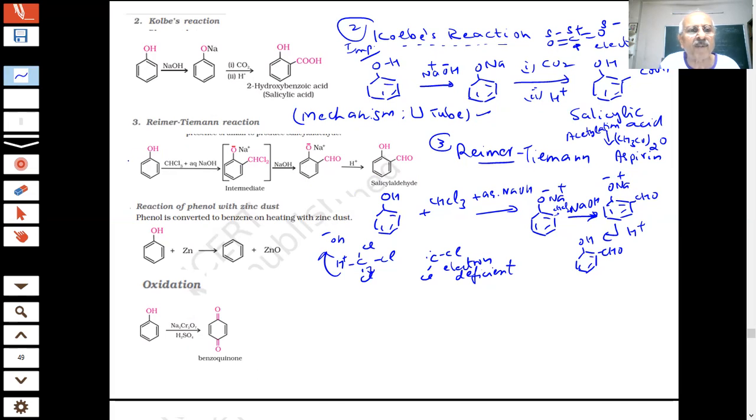ये इंपॉर्टेंट रिएक्शन है, यहाँ पर हमने शो की है, कोल्बे और रीमर टाइमन, ये दोनों इंपॉर्टेंट हैं स्टूडेंट्स। तो इनका मैकेनिज्म आप देख सकते हैं, वो हमने पूरा का पूरा दिया है। इट हेल्प्स यू इन लर्निंग द रिएक्शन। तो हम लर्न कर सकते हैं कोल्बे रिएक्शन, रीमर टाइमन रिएक्शन, और उसके बाद हम ये कर रहे हैं कि नेक्स्ट रिएक्शन जो है फिनोल की।